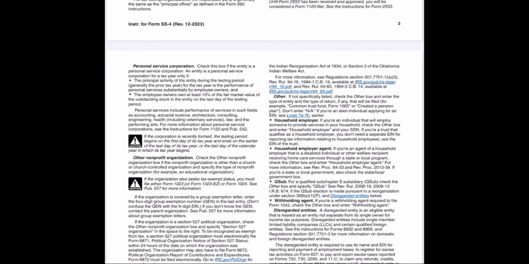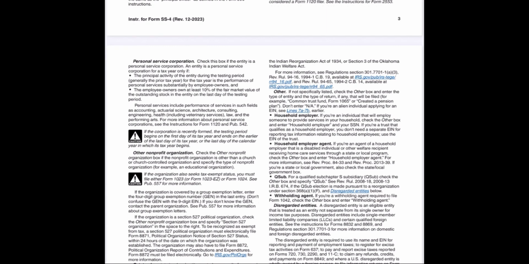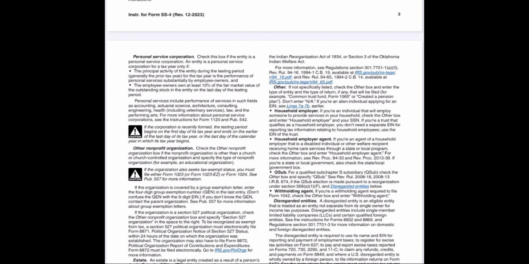Rev. Rul. 94-16, 1994-1 C.B. 19, available at irs.gov/pub/irs/tegi/rr.pdf, and Rev. Rul. 94-65, 1994-2 C.B. 14, available at irs.gov/pub/irs/tegi/rr.pdf. Other. If not specifically listed, check the Other box and enter the type of entity and the type of